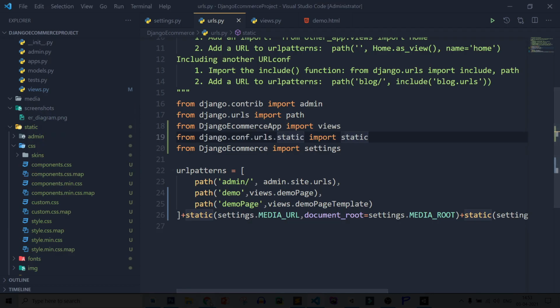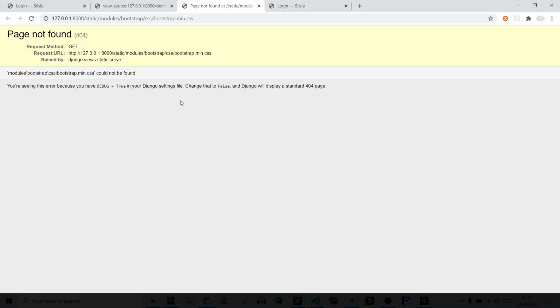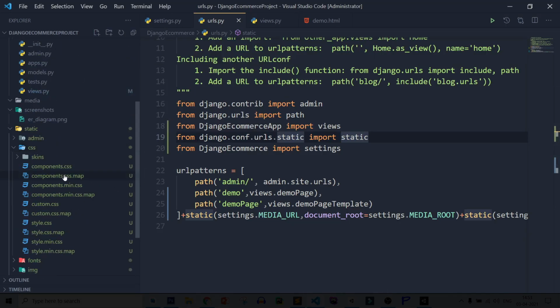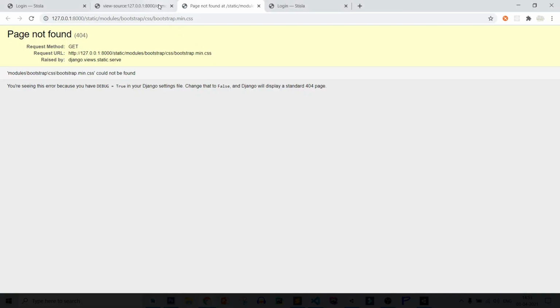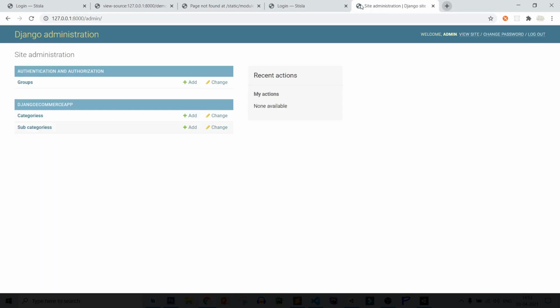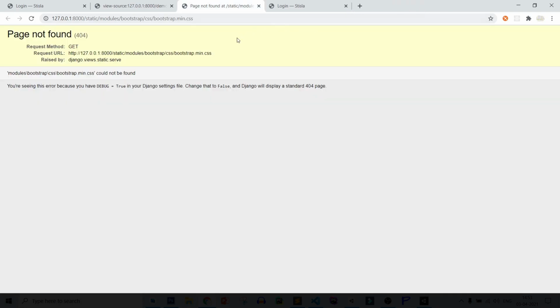Again back to Chrome, refresh the page, and it is still showing an error. So let's see what the problem is. Let's try to open the admin panel and see whether the admin panel theme is working or not. The admin panel is working, but our site is not.